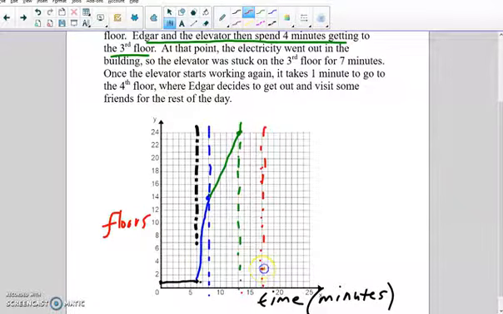So this is where I'm going to end up. This is my line here. And now I'm going to freehand this line. Okay, so he's going all the way down. And at that point, the electricity went out in the building, so he was stuck on the 3rd floor for 7 minutes. So I'm at 17,